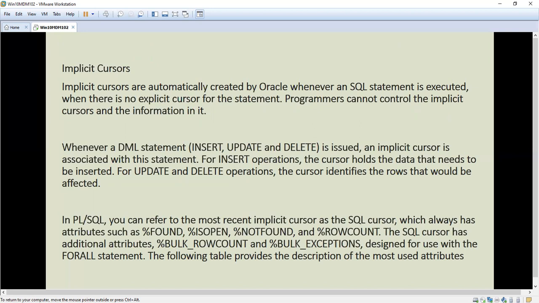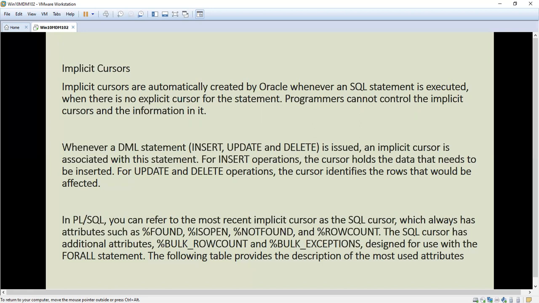We do not need to create the cursor. In an implicit cursor, programmers cannot control the cursor and the information in it.